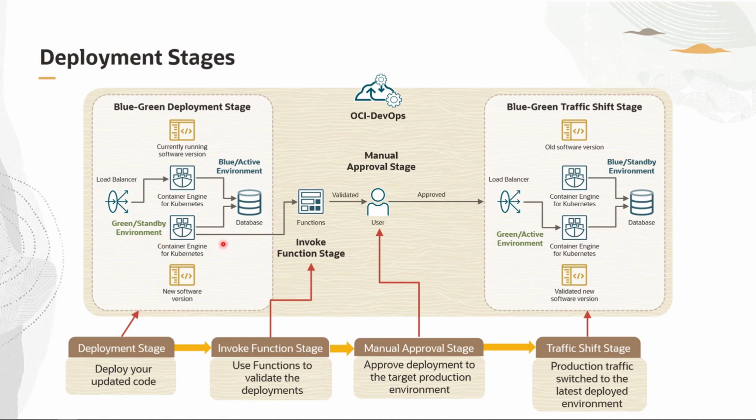Now in the next stage, what can be done is you can use functions to validate the deployments in the green standby environment. Once the function validates the software running in the green standby environment, it can be further moved to a manual approval stage where a manual approval is given to the software running in the green standby environment. Once all the required approvals are in place, we now need to switch the traffic from the blue active environment to the green environment. So here the load balancer now would point to the green environment which becomes active,